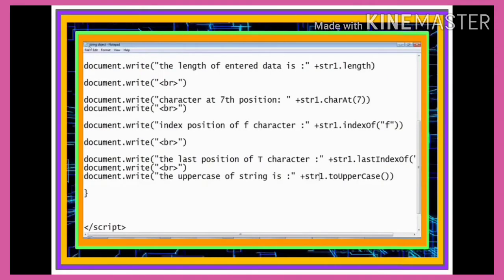Add another 2 lines: document.write br, document.write "The uppercase of string is", using the toUpperCase function applied on the str1 string, str1.toUpperCase. Save the program, run on the browser, enter "information technology", click on the OK button.